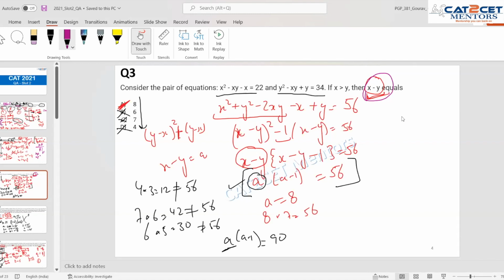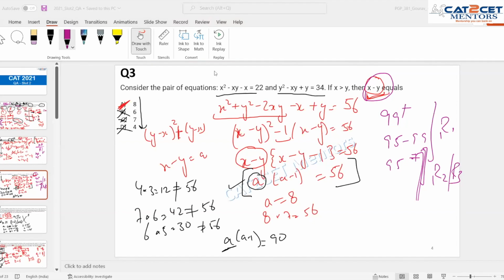But again, I suggest if you want to score something like 99 plus, or in the range of 95 to 99, or less than 95, then this was round 1, or somewhere close to round 1, and below this you can consider it to be round 2 or round 3. Okay, so this was mainly algebra. If you know this, you know this. But after doing this, I think the next time if you encounter a similar type of question, you should be able to click it.